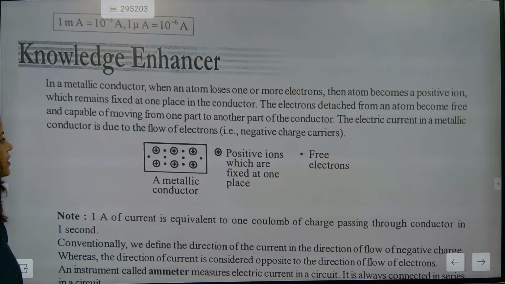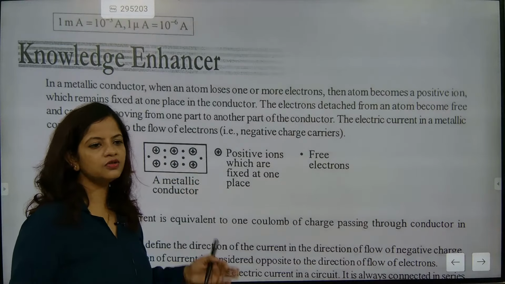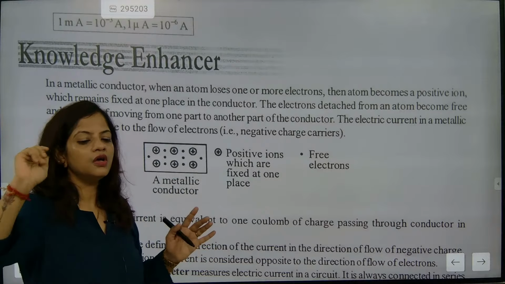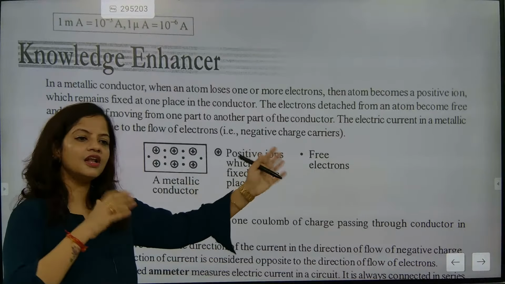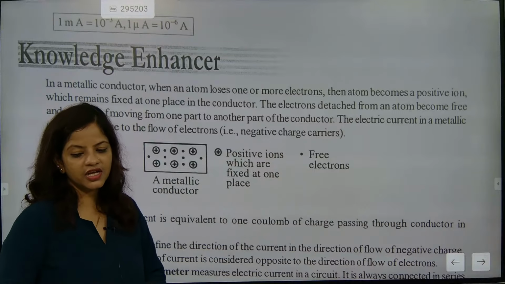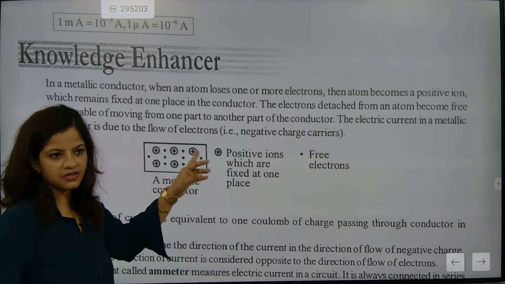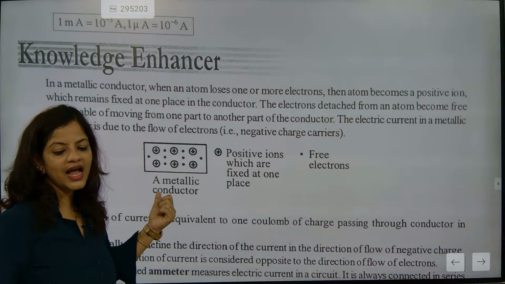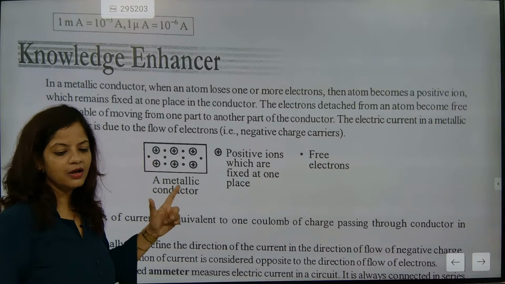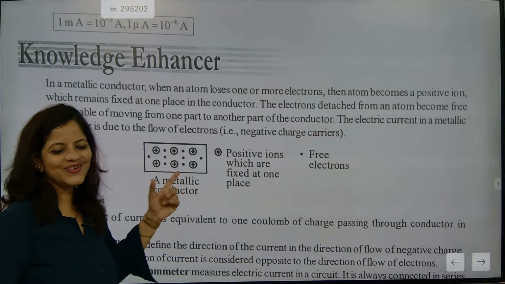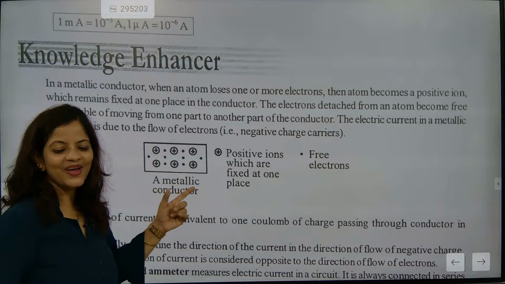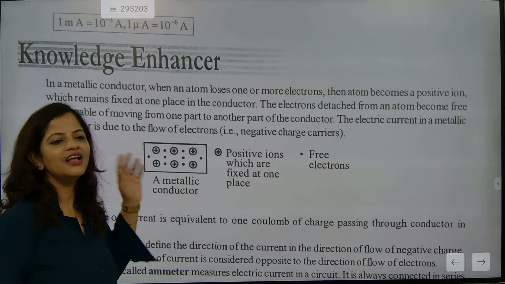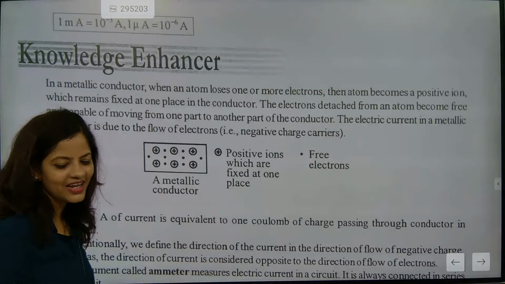See, what I already explained: the ions, which give the electrons, are fixed. The electrons are coming and pushing. The atoms are fixed, but who is moving? Electrons. Who is colliding with ions? Electrons. Who is the culprit? Electrons. And since the electrons are getting pushed, they are colliding with ions.